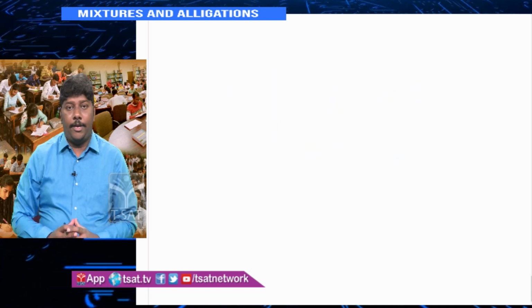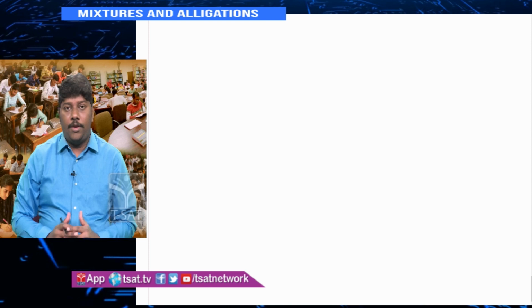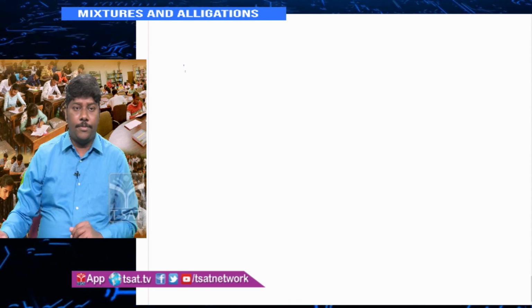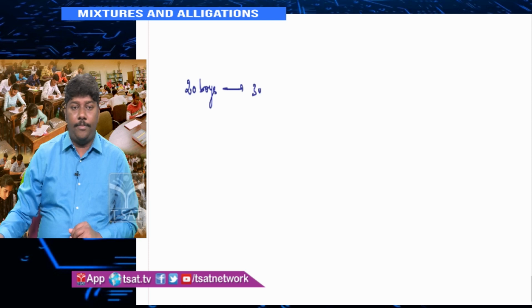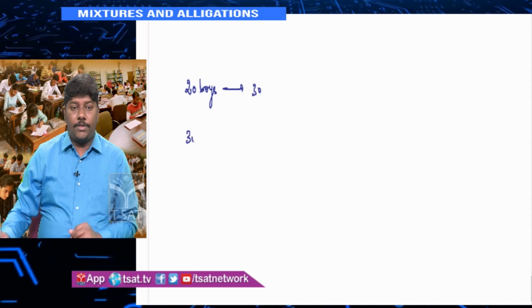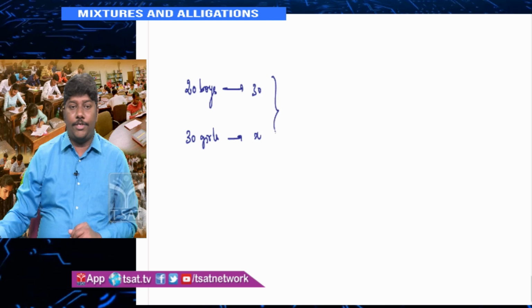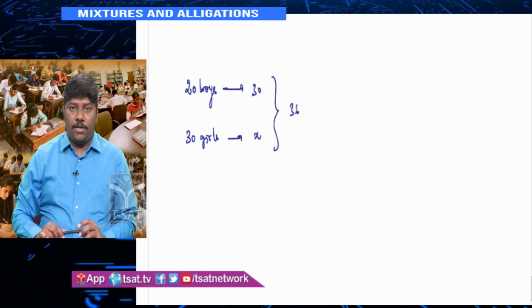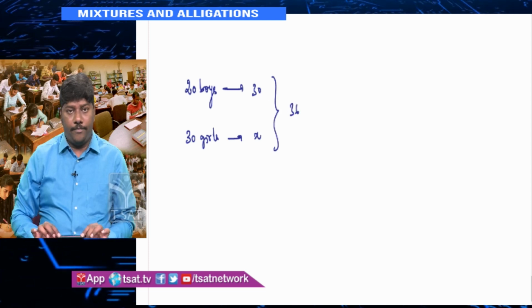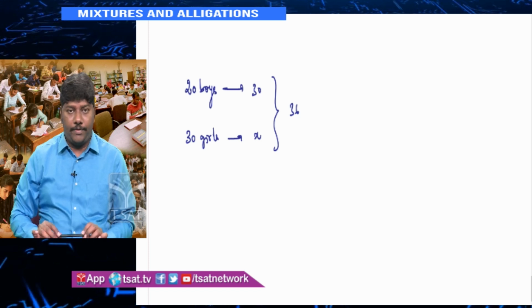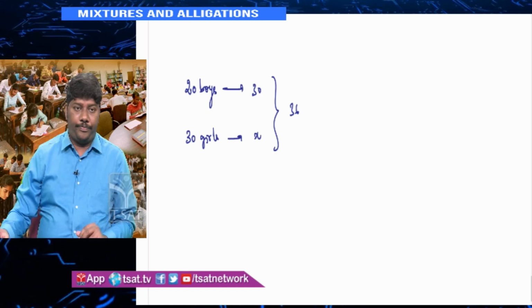Now, in all these cases I have missed capital A. What is the combined percentage? If you mix two groups, what is the combined percentage? Suppose sometimes they ask the same question: the average score of 20 boys is 30. We don't know the average score of the 30 girls, but the combined average, if I say, is 36. So just now we have done the sum. We got the average as 36. We also know the x value is 40, because we have seen this example here.